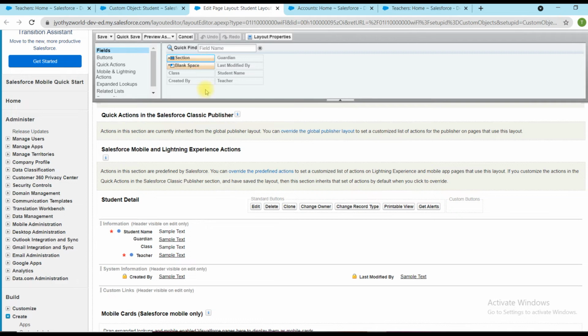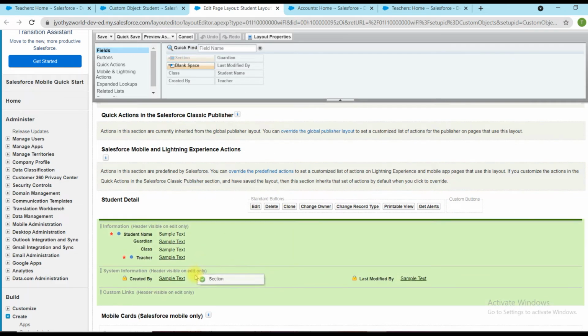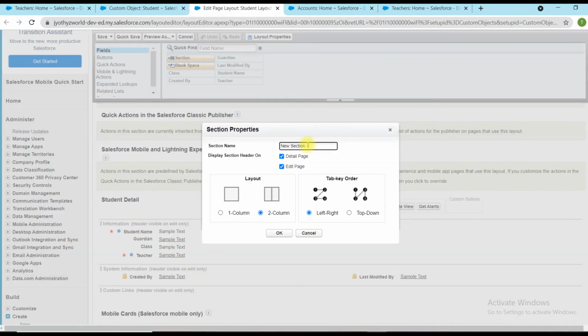We can add a new section if we want, something like here. We can provide the information like created details. If this field, this text and content should be available on the detail page, we can check this. If not needed, we can uncheck this, and the same for the edit page. If only one column is needed here, then we can select one.